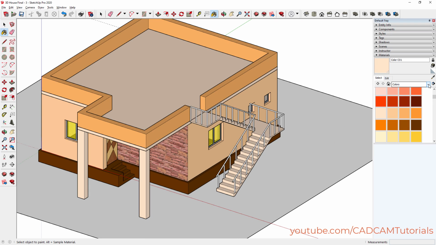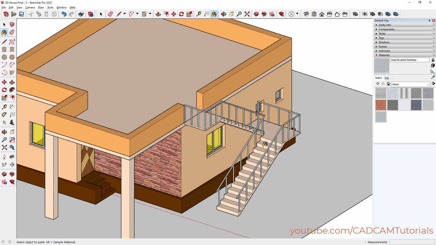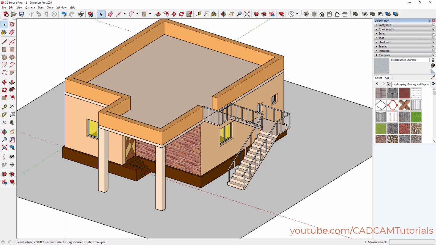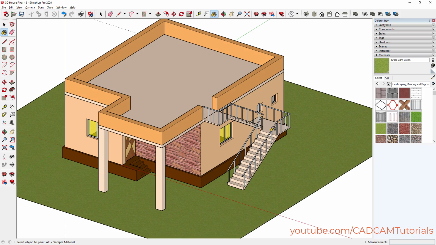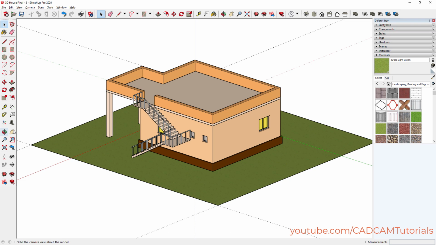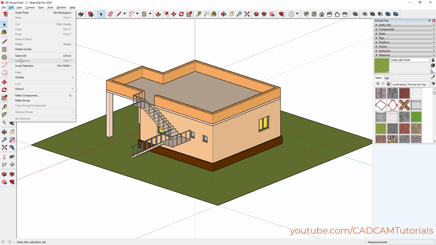Then again click on this arrow and click on metal. Then click on this steel brush stainless and click on these pipes. So as there is a group, it is very easy to apply the material to the group. Press spacebar, then again click here, click on landscape fencing, click on this grass light green and click on this ground. Press spacebar. Then remove these guidelines, click on edit, delete guidelines,